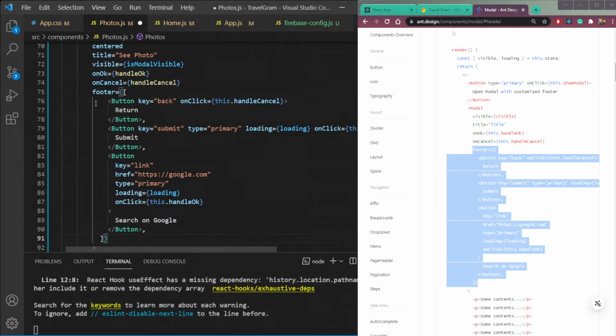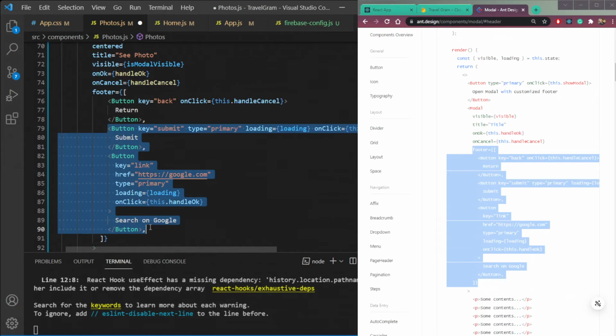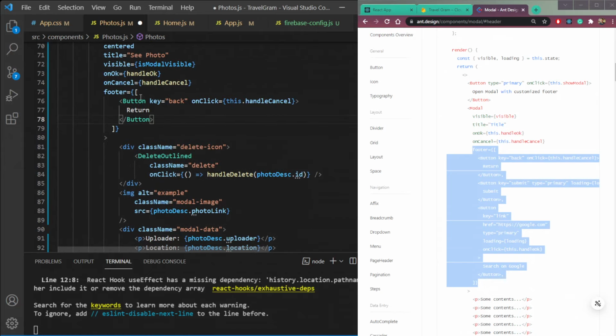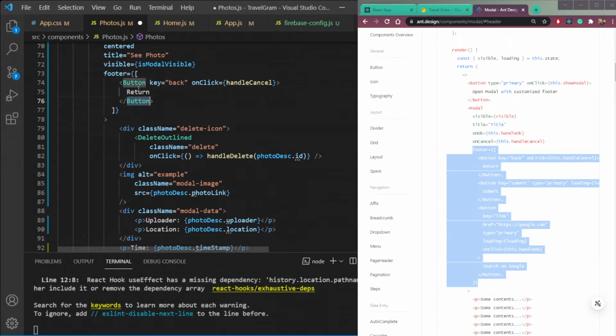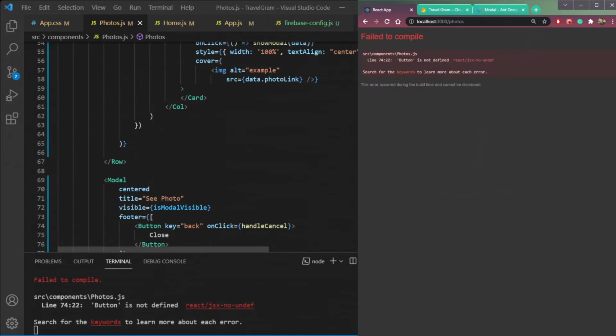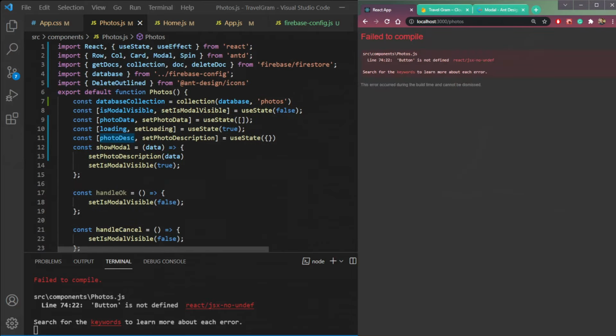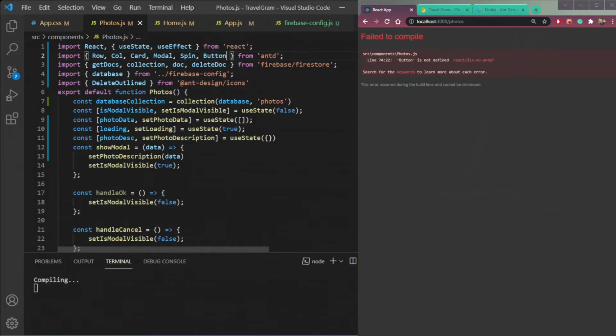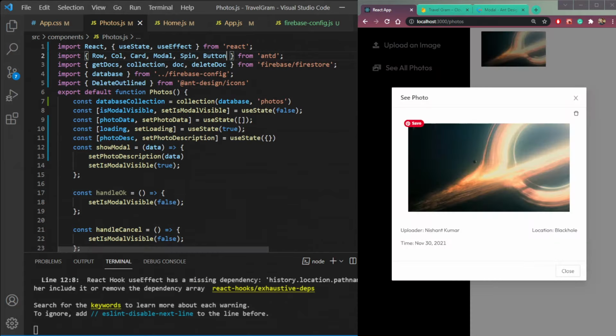We need only one button, so remove all the other buttons, and on the cancel we will just call this handleCancel, and then say the button to be Close. Okay, we need to import Button as well. So import Button from Ant Design. See, imported. So we are getting this close button here. So click close. It's getting closed.